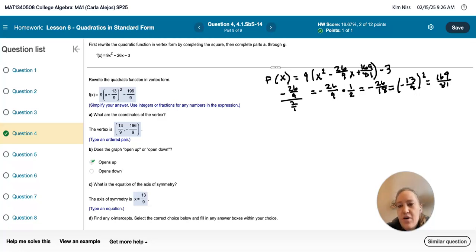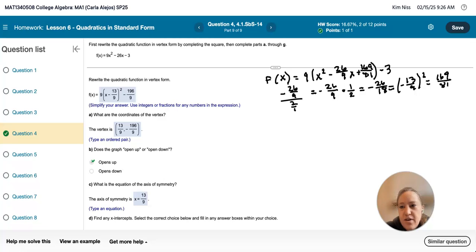And now, in order to get it on the outside as well, you have to remember to multiply this 9 into the 169. And so you end up with, after you take 9, multiply it into 169, and then reduce your fraction, we end up with,